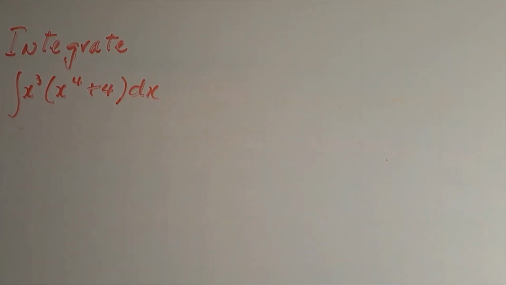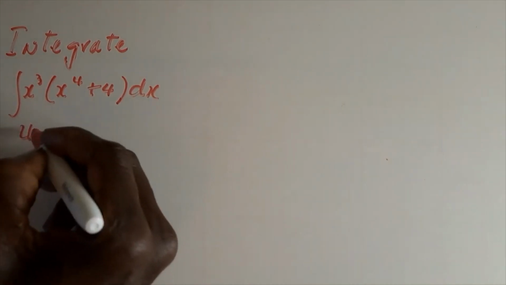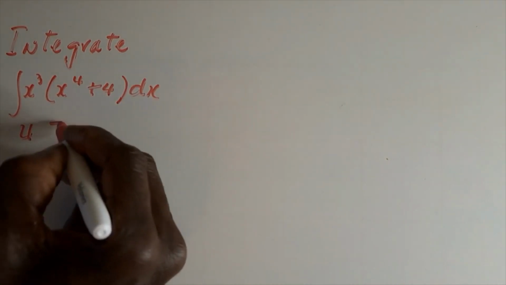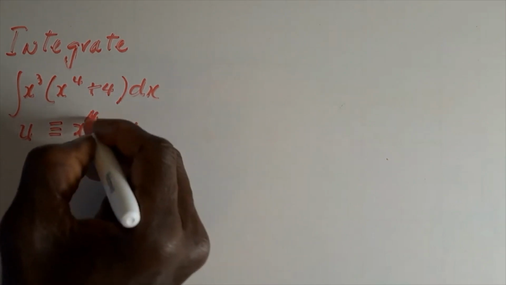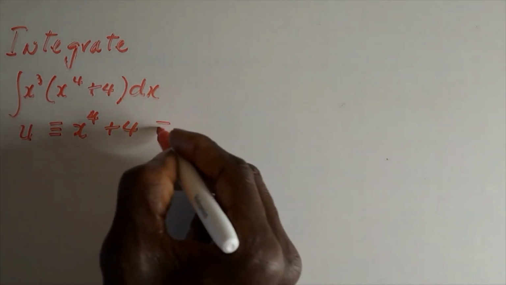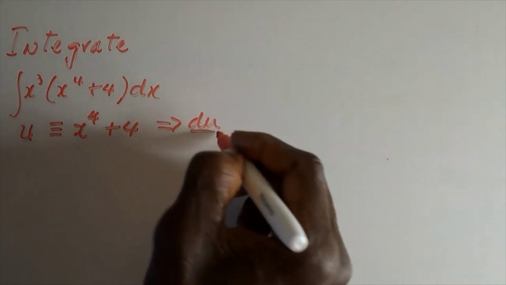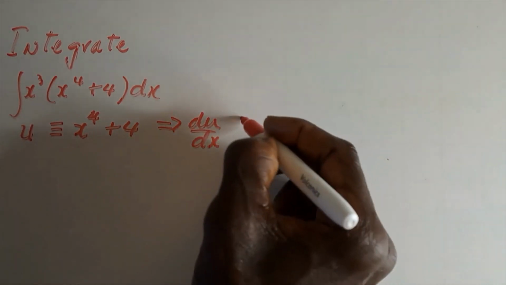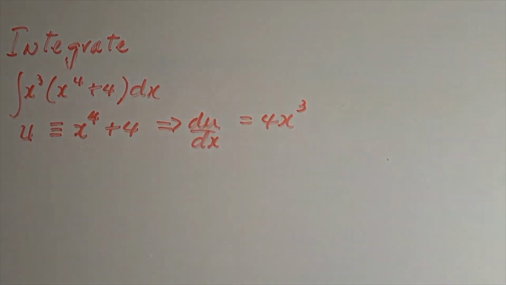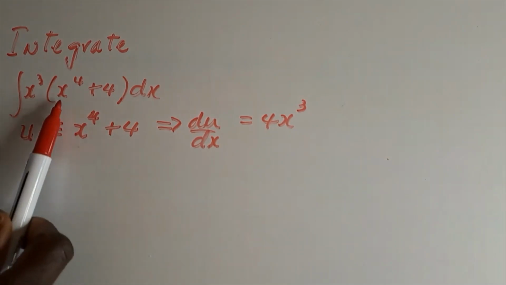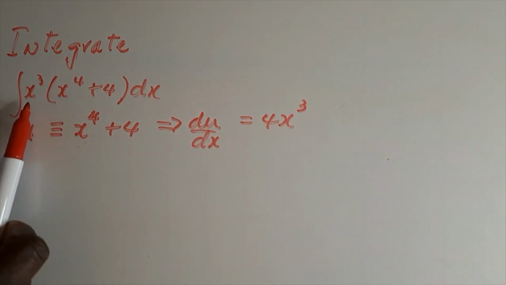Right, we need to integrate this. We use the substitution u being equivalent to x to the fourth add 4, and this implies that du dx is equal to 4x cubed. Again, we chose this as u because when we differentiate x to the fourth power, we can see that we